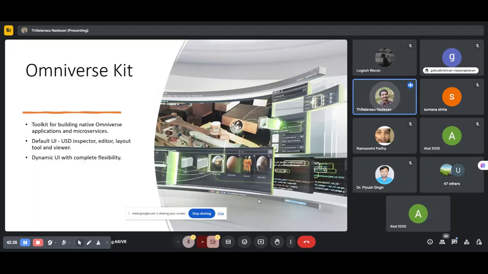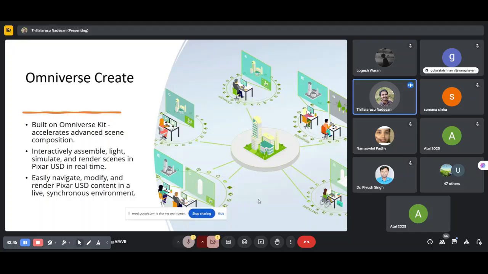It's there. Generally you can do this with RTX Renderer, AMD's ProRender, and Intel OSPRay, or for hybrid compliant renderings, mainly used for the purpose of rendering. So this is how NVIDIA Omniverse Kit is helping. And if you want to create a build of Omniverse Kit, they leverage Pixar's powerful USD platform to accelerate the advanced scene, or if you want to create any scene, you want to combine scenes by composition of multiple scenes, that is also possible.